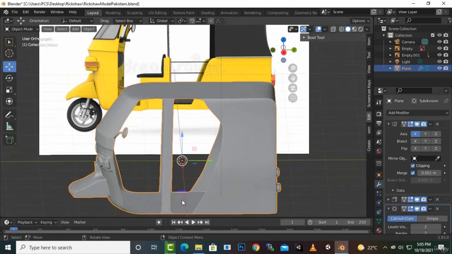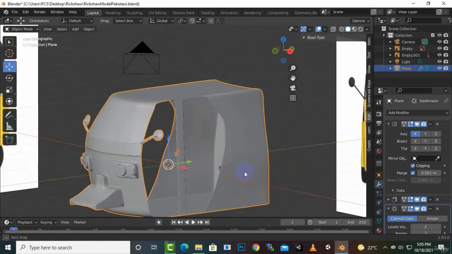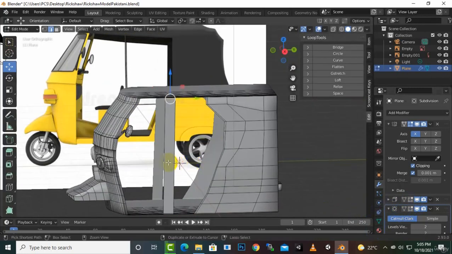And one more thing, we can join these two sections as well. So in Rickshaw usually this section can be filled out. So for that purpose we can create some more loops here. So Control R, and 2, 3, 4, 5 loops,